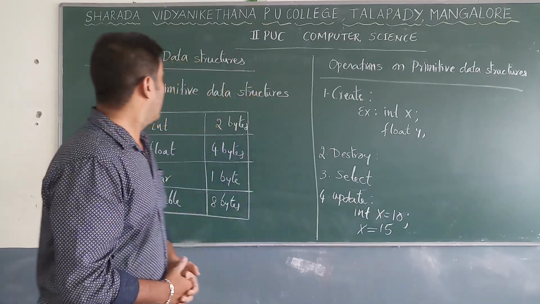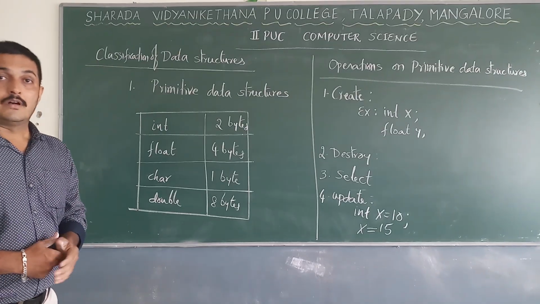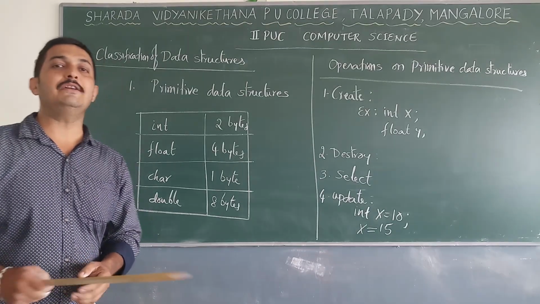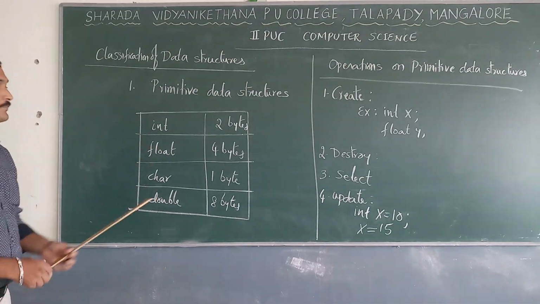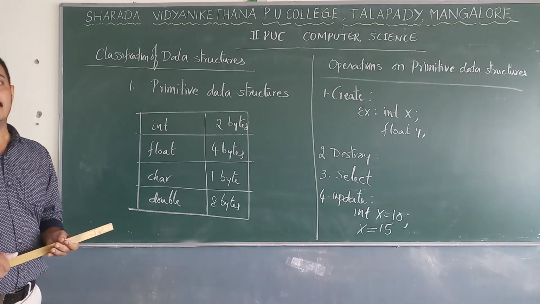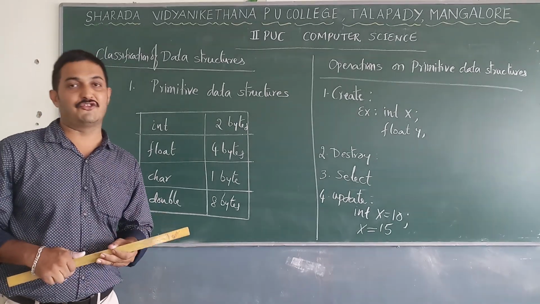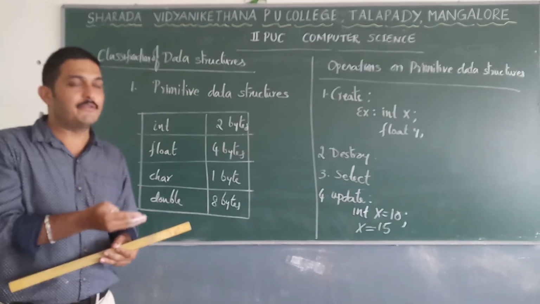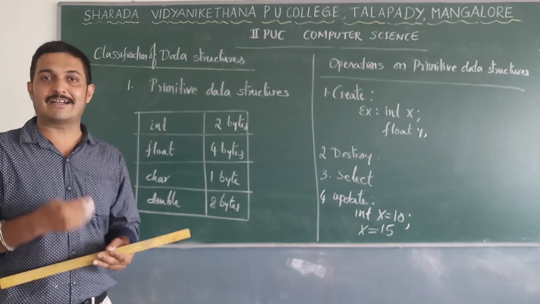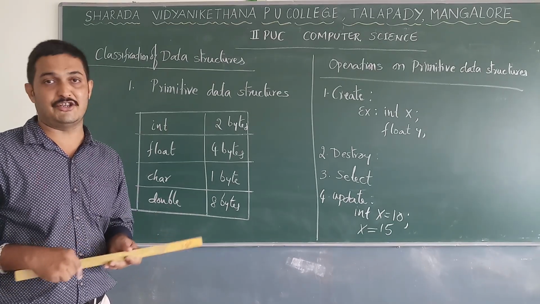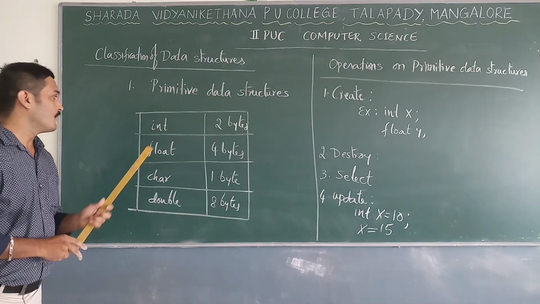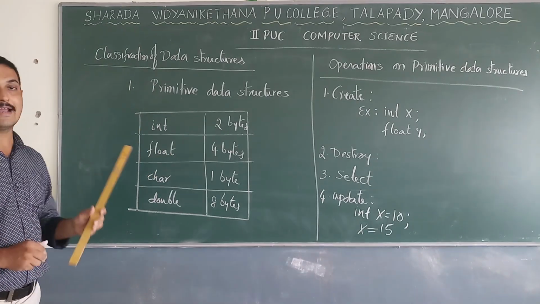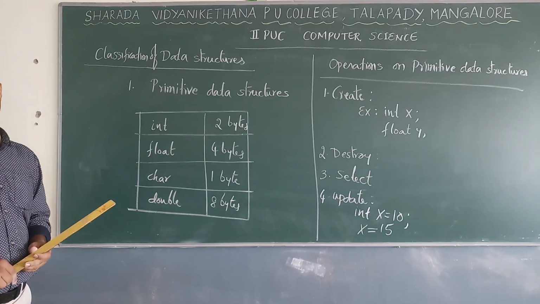Okay, well, under data structures, two types, primitive data structure and non-primitive data structures. Primitive data structures are directly operated by the machine level instructions. For example, suppose if you want to give some data to the computer, automatically it will take, like integer requires 2 bytes, floating point requires 4 bytes, character requires 1 byte and double requires 8 bytes. Okay, these are about primitive data structures.